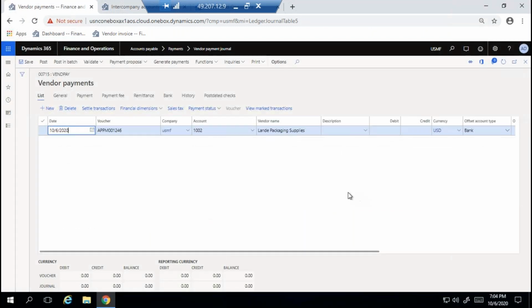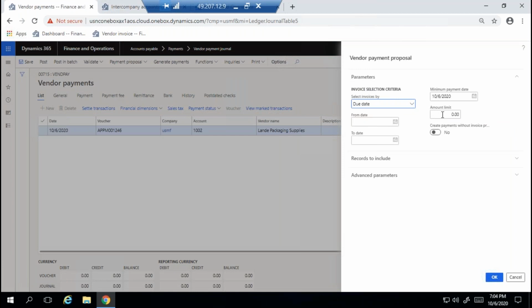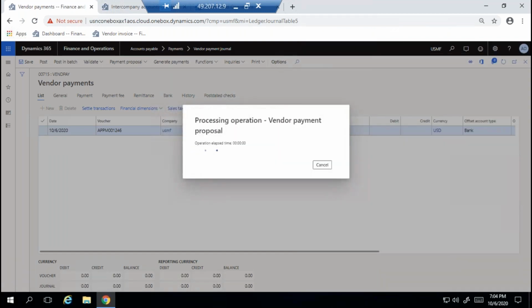Another option is you can click on payment proposal, create payment proposal, and you can select criteria from which date to which date, or less than 1000, limit is 1000. If I click here, it will propose the invoices.